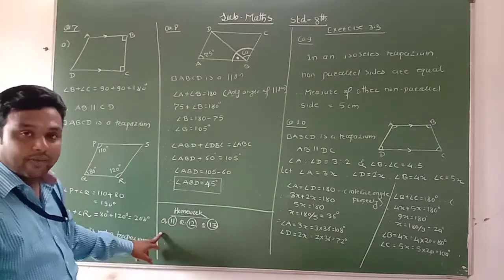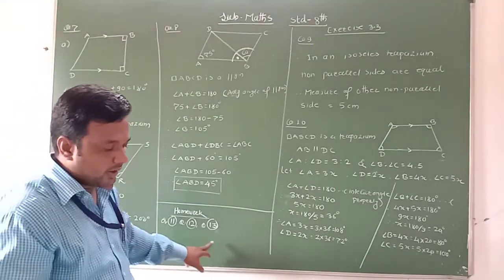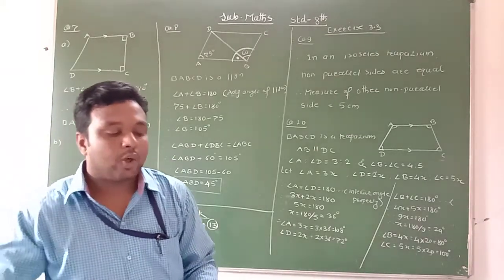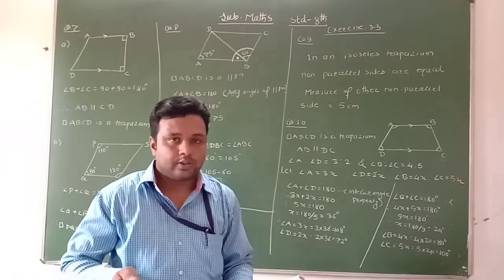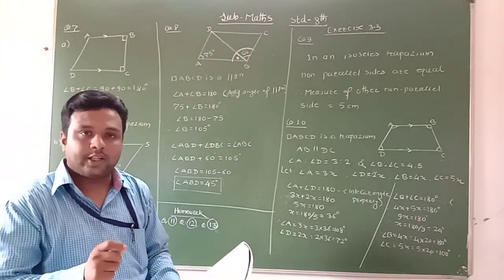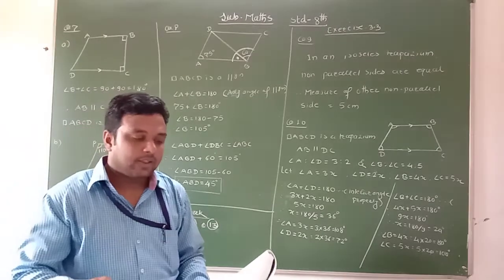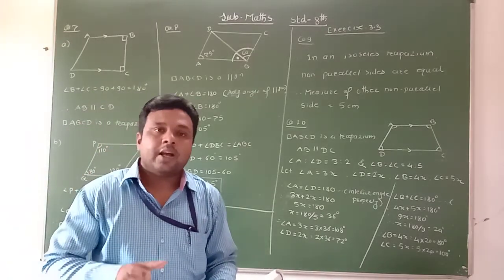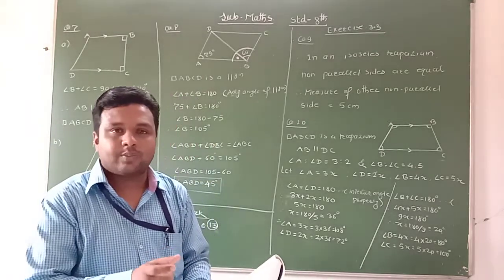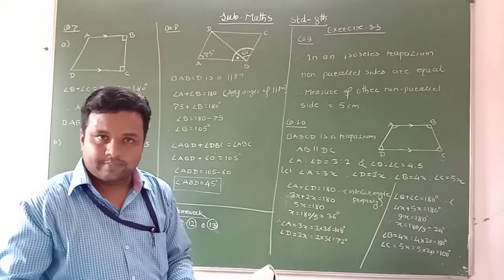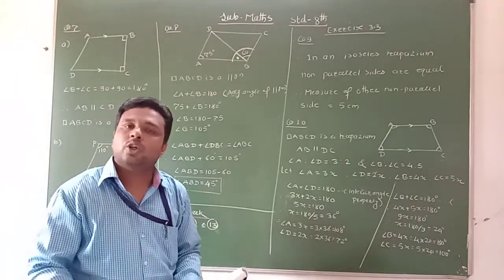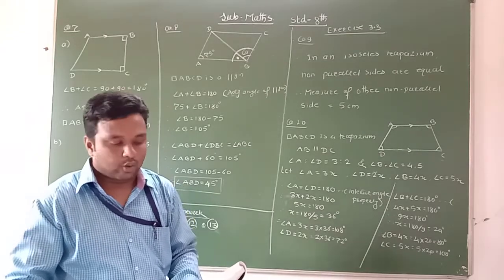Homework: question number 11, question number 12 and question number 13. In question number 11, two adjacent angles of the parallelogram are given in the ratio 4:5. Therefore we write 4x and 5x. Now which property do we use here? Adjacent angles of a parallelogram are supplementary. Therefore, the sum of these two, 4x plus 5x, is equal to 180. Here we put the equation, solve the equation, and then find out the measure of all the angles of the parallelogram.